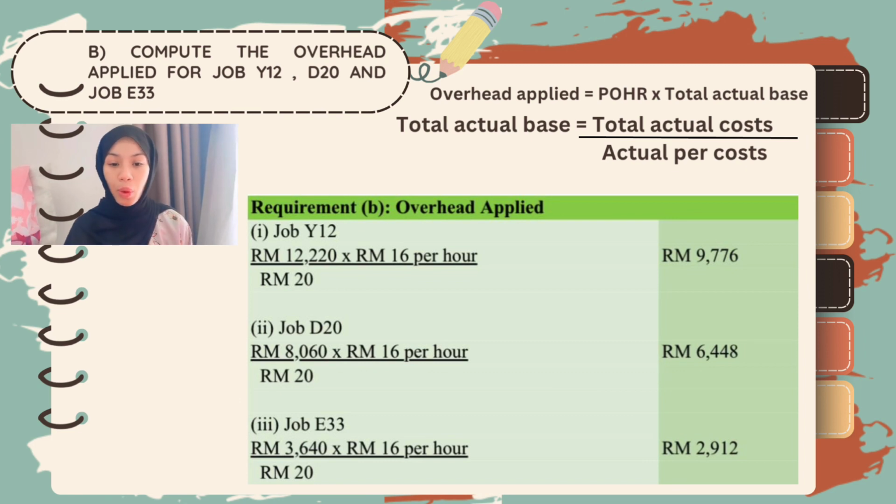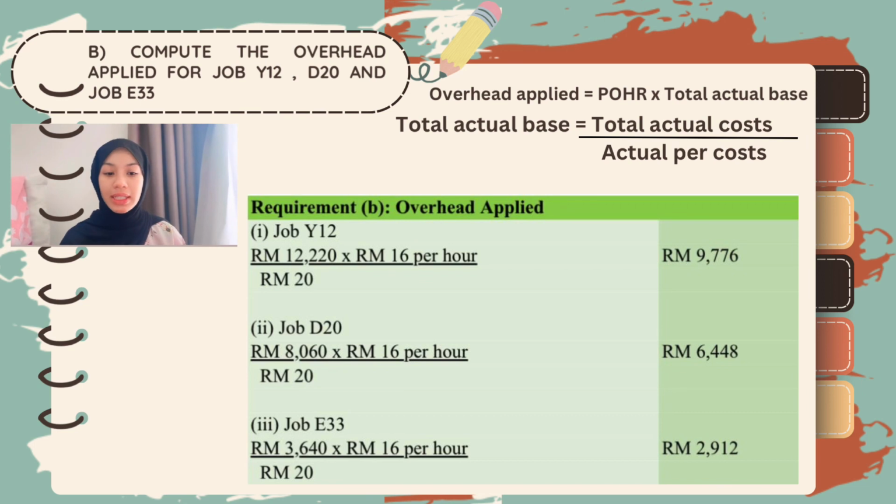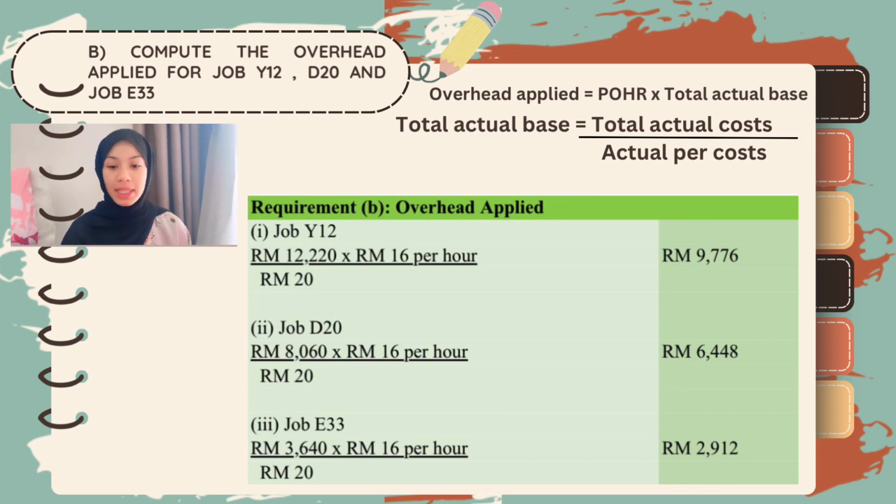So for the job Y12, we get RM 9,776. For the job D20, the plant-wide POHR is 403 and the amount for this job is RM 6,440. And for the last job, E33, the plant-wide POHR is 182 and divided by 16 and the amount is 2,912. So the total overhead applied for these three jobs is RM